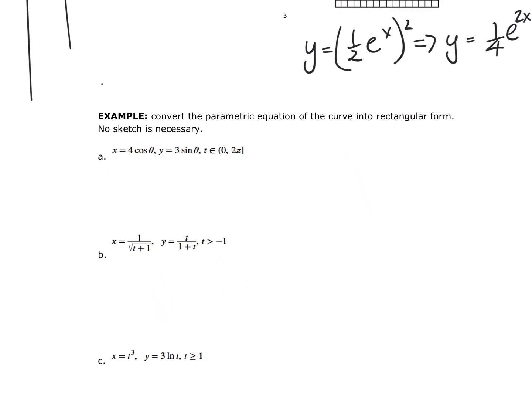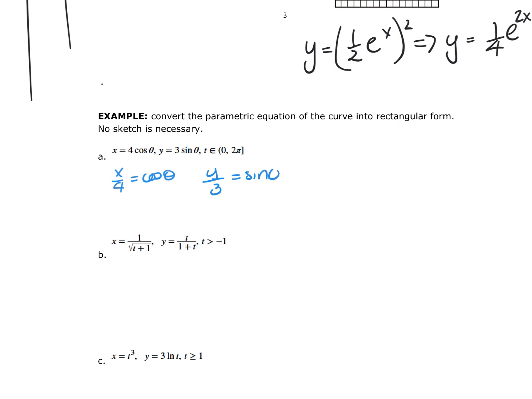Again, what we're asked to do is convert from parametric equations into rectangular form. We've done a few of these. We need to pay attention to where t is located. So t is in some interval, and this is going to take on, just like we did before, some elliptical shape. The reason I know that is because we're going to use the same rules as we did before when we had 2 theta. So x over 4 is equal to the cosine of theta, and y over 3 is